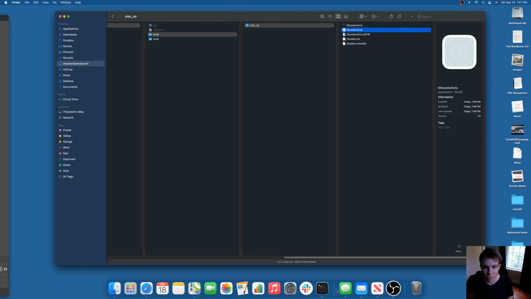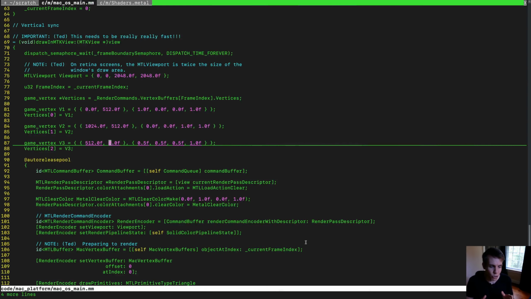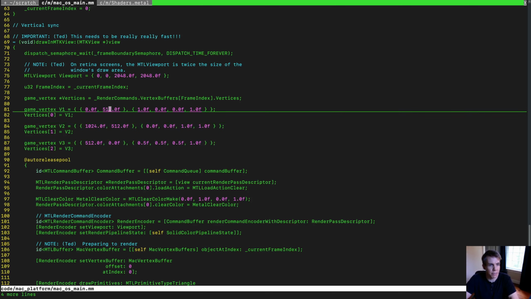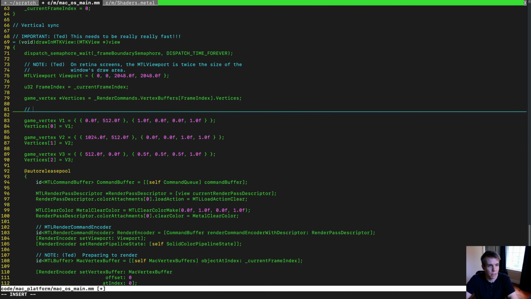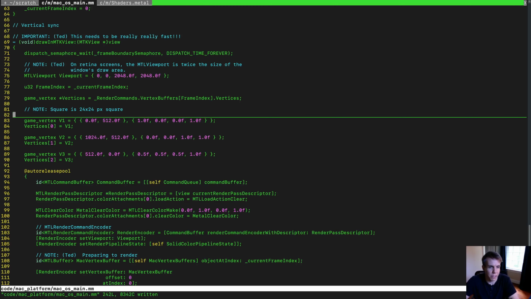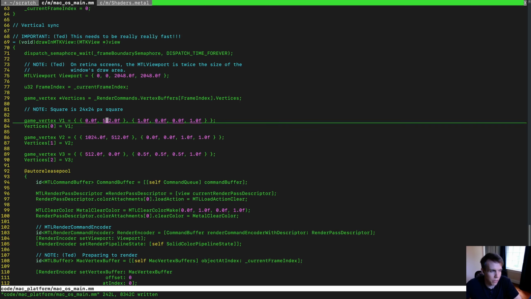And we're going to do that using our game coordinates. So let's try and put a square in the middle of the screen. How would we do that? Well, just to make it easy, let's say it's a 24 by 24 pixel square, right? Simple enough. Well then, if the middle of the square,